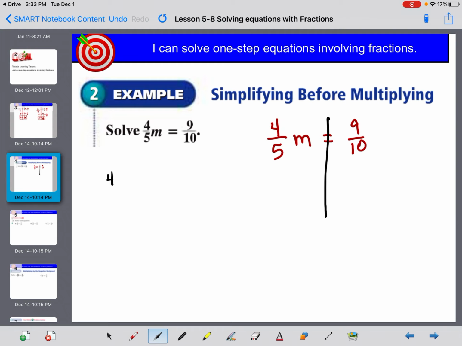I want to take 4/5 and I want to divide it by 4/5, because 4/5 and m are being multiplied together, so division is the inverse. But wait, how does that work? So I take 4/5 times the reciprocal. Oh, and what do I get? 20/20ths, or